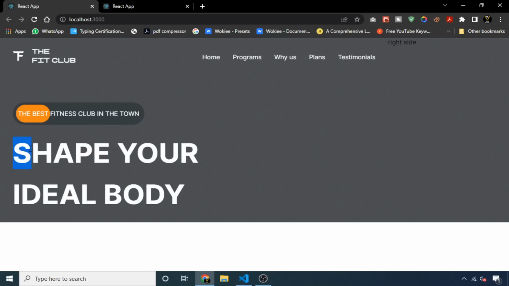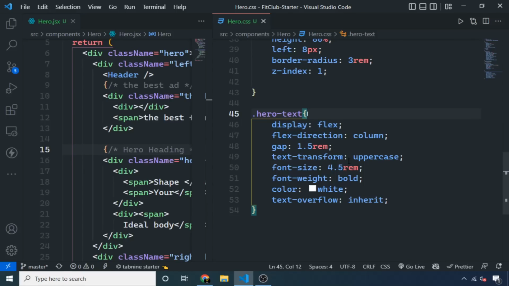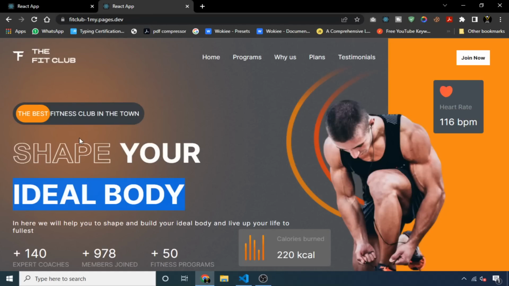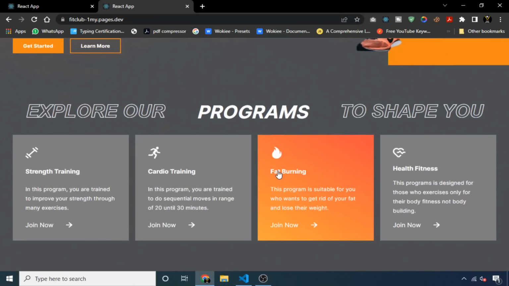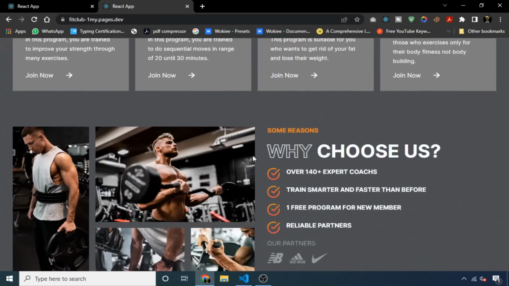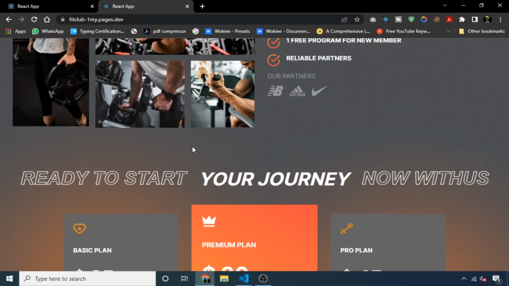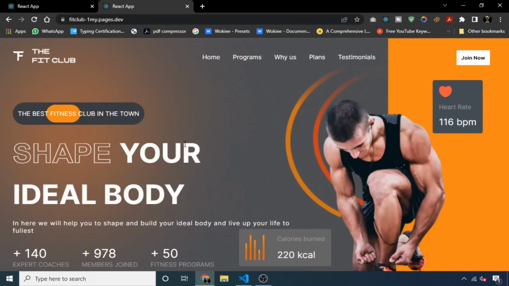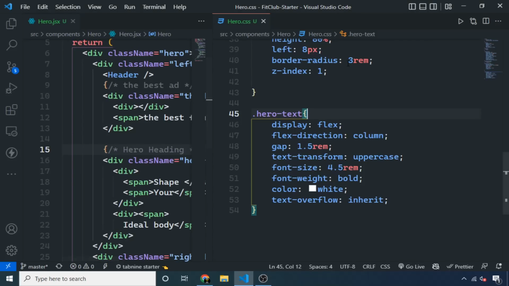It's time to make this text look like an outline text. I will not style this inside hero.css, because if you look at the deployed version, we are using this type of text many times, here, and it's also here. Similarly, it's everywhere. So I will not style the same thing again and again. Instead of doing this, I will go to the